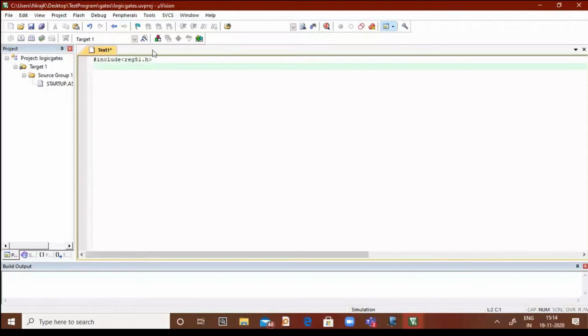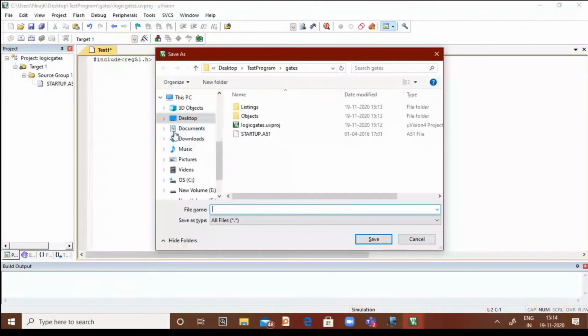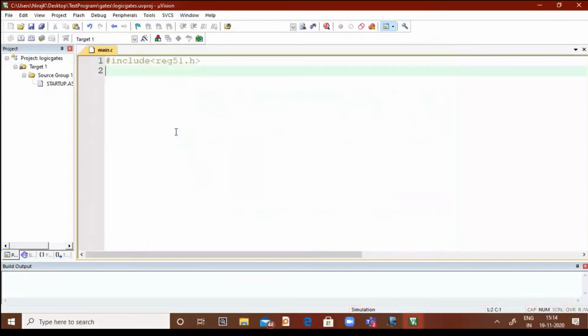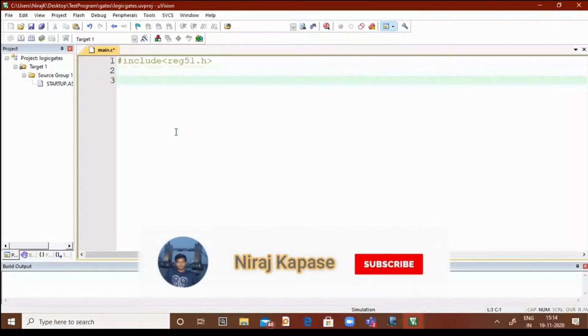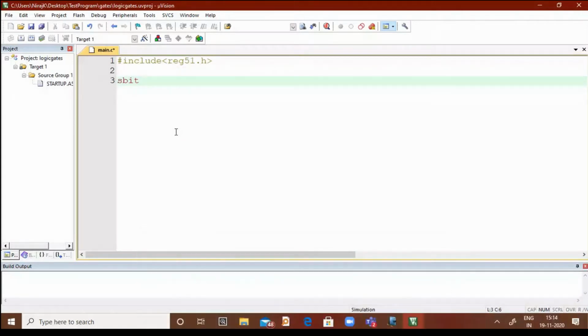Once you type this, I'm going to save this first as main.c. I'm writing a C program, that's why I have included reg51.h. Then I will use the keyword sbit.